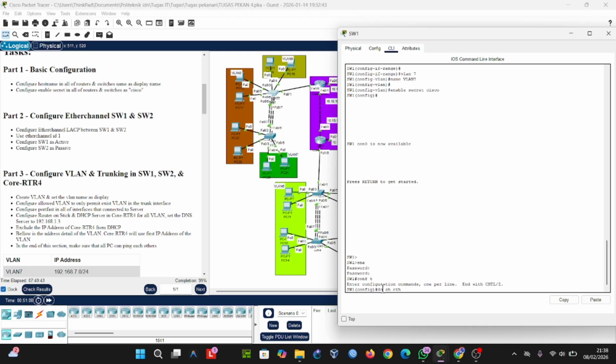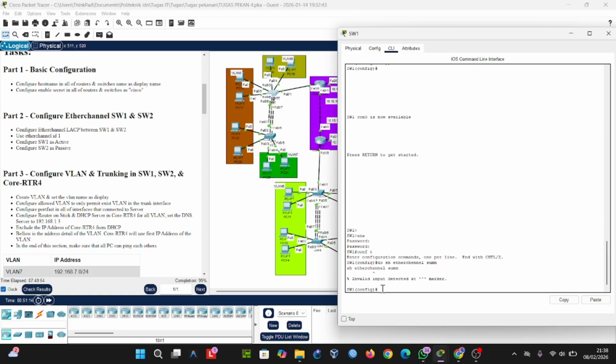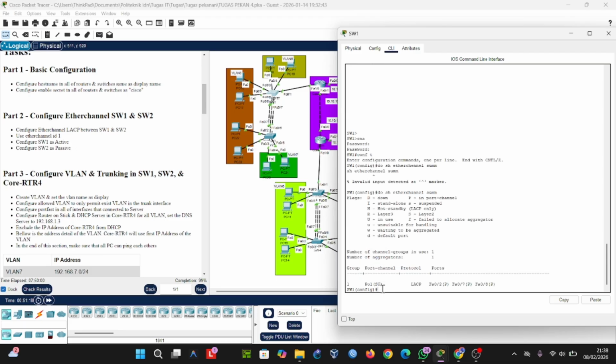Show the channel summary. Okay, I have configured EtherChannel summary on switch one.